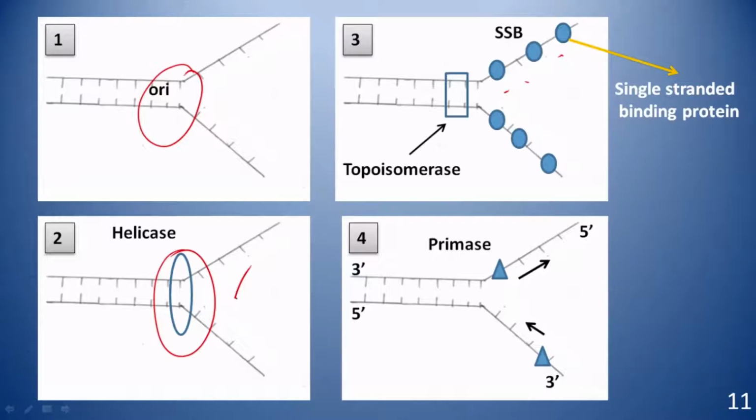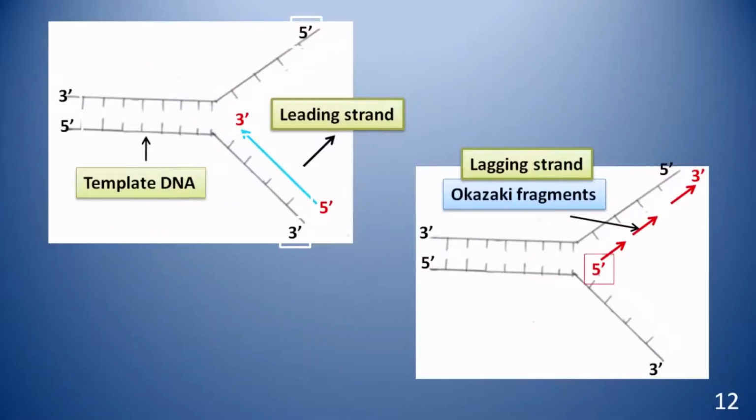And then topoisomerase prevents DNA from supercoiling, as DNA has the tendency to supercoil itself in the cell. Topoisomerase prevents this, otherwise no replication will take place, because unless the DNA parent strands separate, there will be no replication. And finally, primase, what does it do? It gives primers, which are short nucleotide strands to which DNA polymerase comes and binds, and then your replication starts.